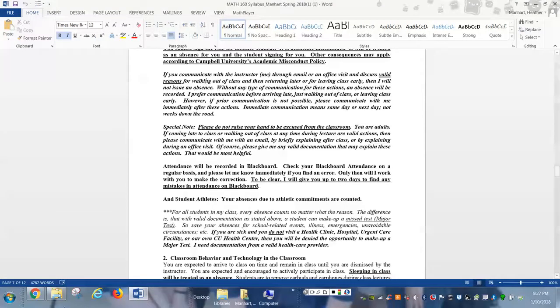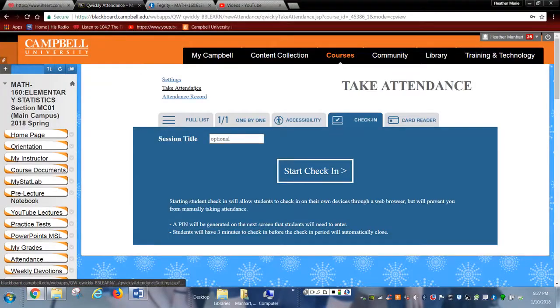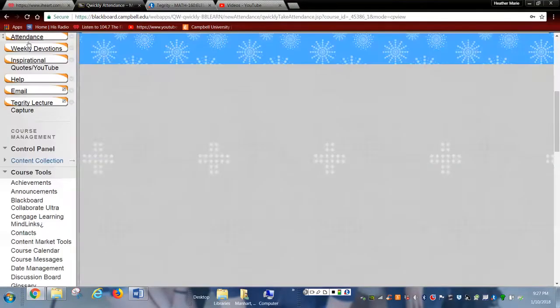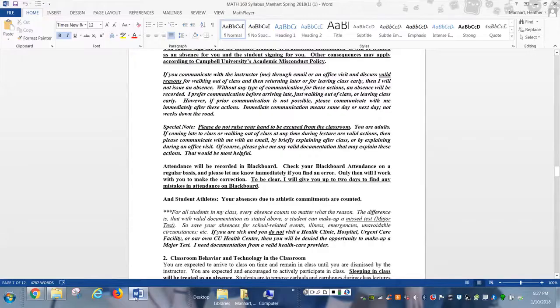If you check your attendance within Blackboard, and you will always be able to do so because you can visit this attendance button yourself and see your attendance at any time. Remember, you can have no more than 5 and all absences count. And if you feel like there is a mistake, you only have 2 days, not 2 class periods.